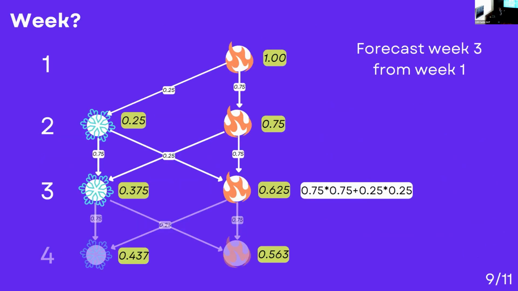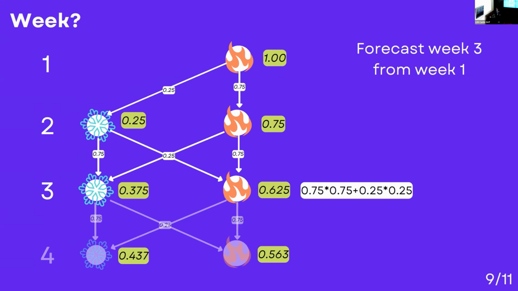Okay, the actual way we do the forecasting is using a Markov chain based approach. Some really old-fashioned statistical methods for weather forecasting use something similar. Basically, we're currently in week 1, which is right at the very top there, and that fire symbol is saying that we're in a high intensity week. And what we want to know is, in week 3, when we need to roster our staff, what's the probability that it's going to be high intensity?